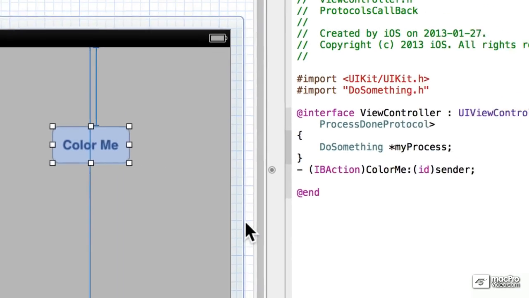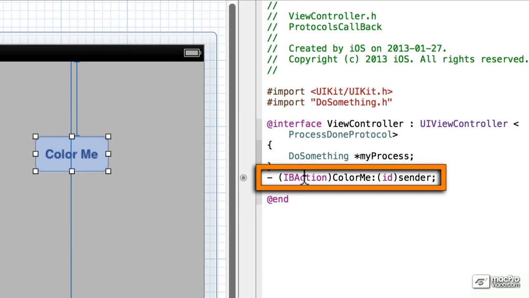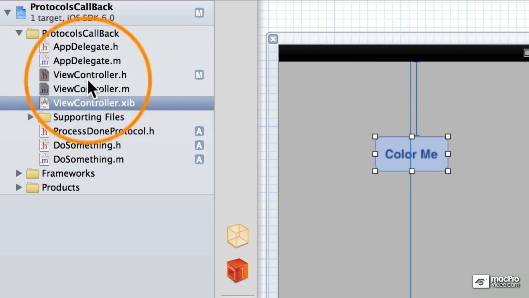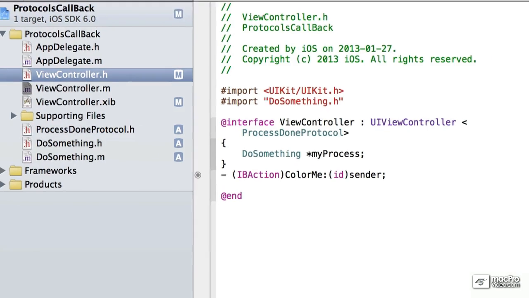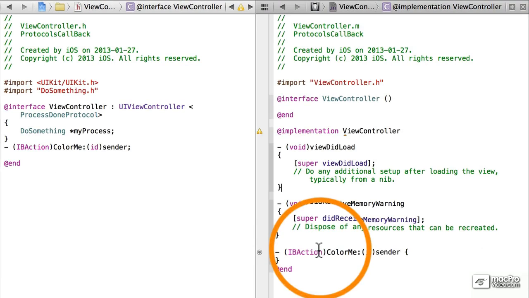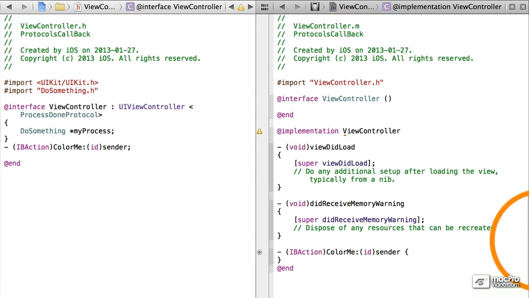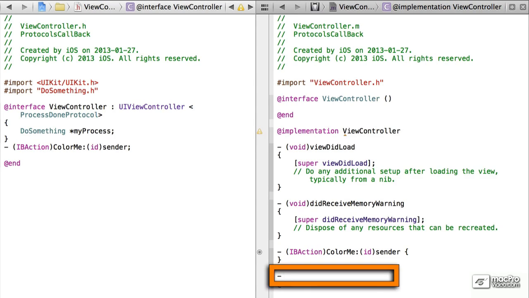Let's click connect. And now we've got the new method in there. Save this and save the .h file. And now we'll go into the .m file here. Okay, so it's telling us we're missing something because we haven't fully implemented the process done protocol. So let's add that method here. So we have to add void